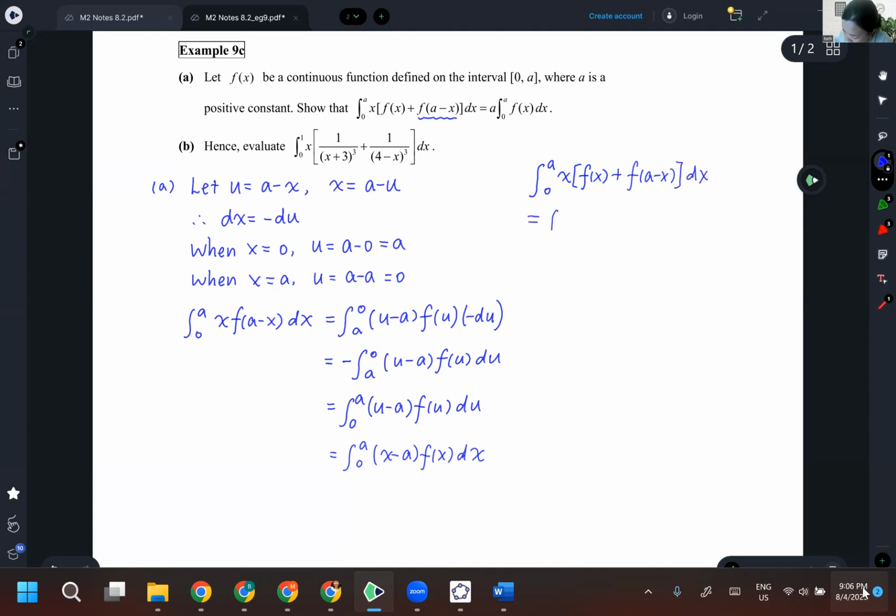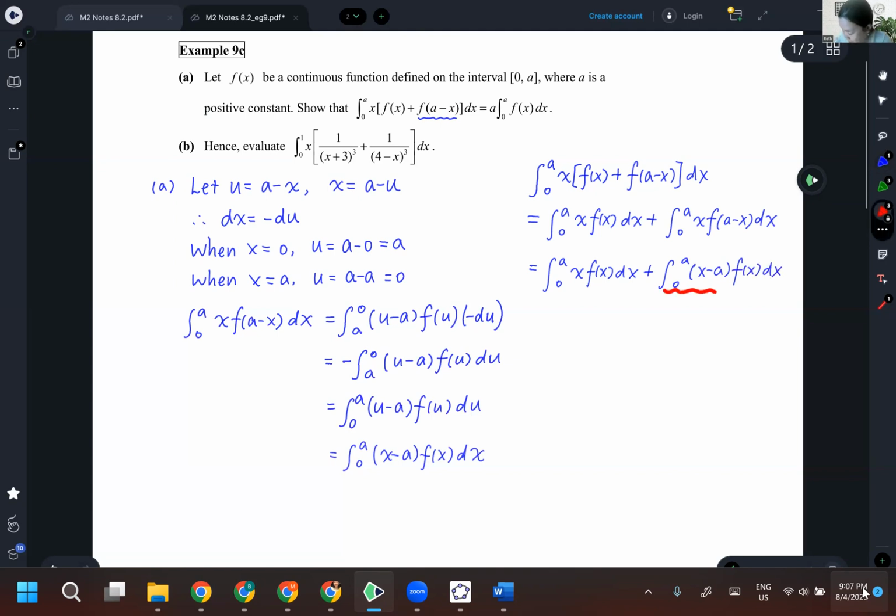dx can be changed to the integral from 0 to a of x f of x dx plus the integral from 0 to a of x times f of a minus x dx, right? And then I'm not going to change anything here, but I'm going to change this to this. Now, please pay attention. This is changed here. So only that part is changed. And now when I put them together,